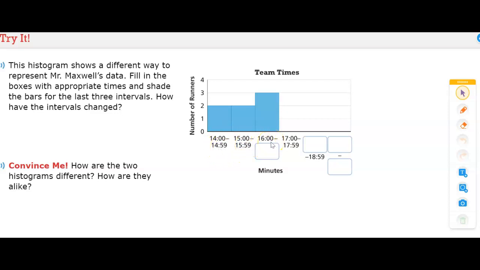So we have to complete the rest. This one would be 16:59. This one would be 18. Okay, that doesn't look right, so I'll just leave that. And then the next one would be 19 to